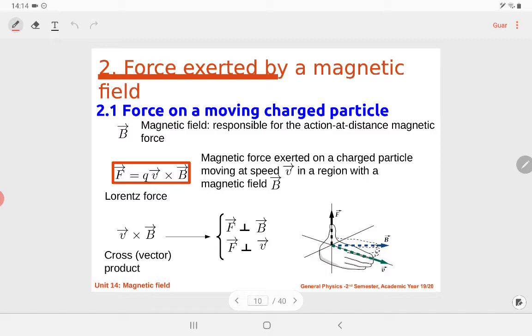If they're not completely perpendicular, then it might be a bit more complicated. In that case, I suggest to first try to imagine the plane they both are in. If you have two vectors which are not aligned, they both form a plane. Once you have this plane in your mind, you know that the cross product has to be perpendicular